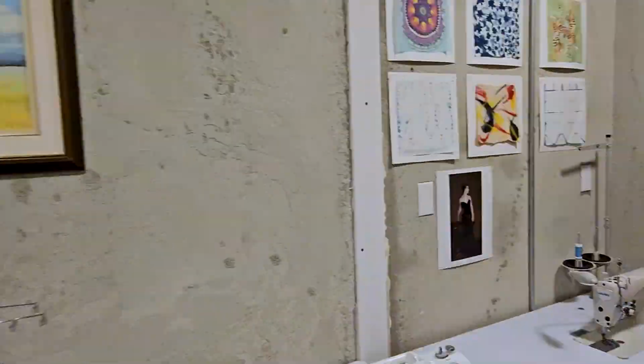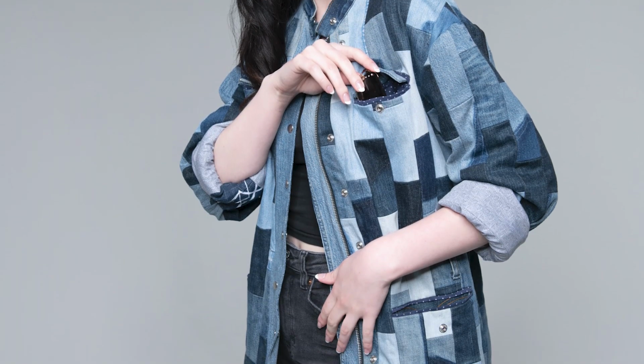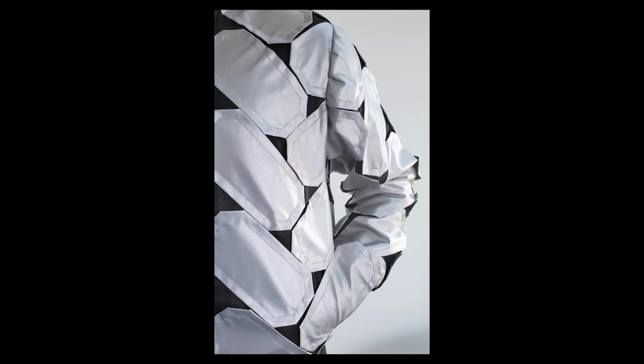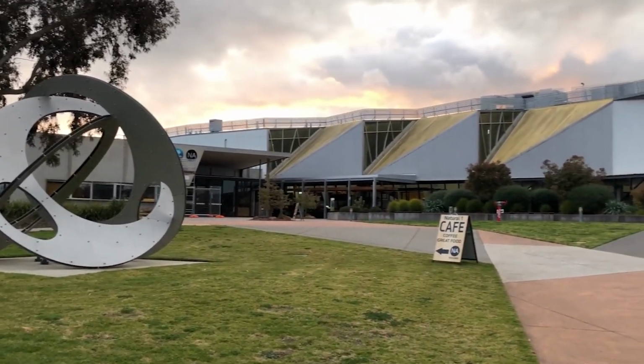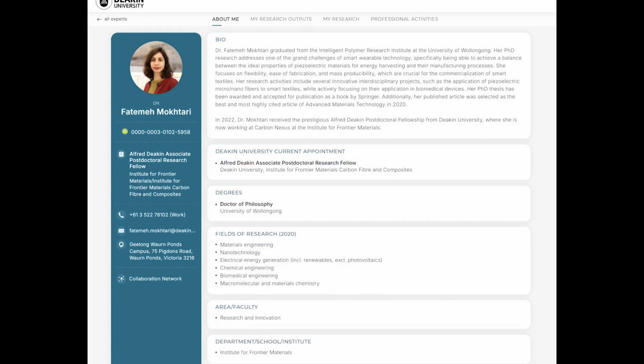Studio Ward is about exploring fashion, innovation, and craftsmanship, working with dead stock materials, upcycling garments and textiles, and using efficient techniques are a part of how my brand is making better clothing. Recently, I got the chance to work with Deakin University and Dr. Fatemeh Mokhtari on using a new technology that has the potential to radically change the way we design and wear